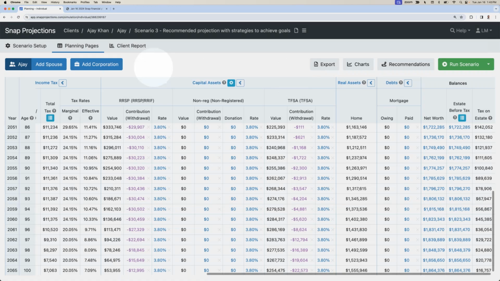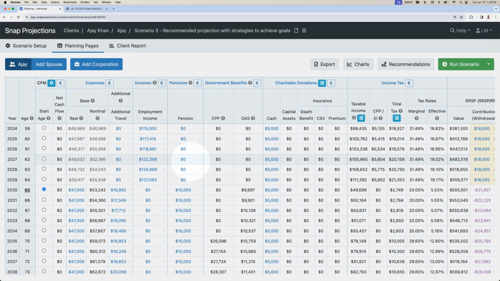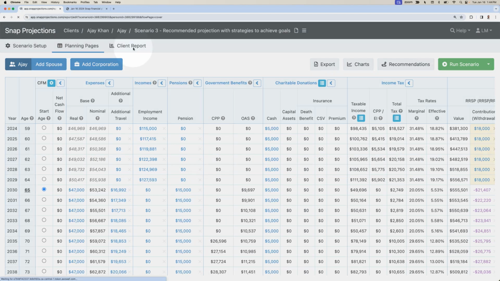So once again, summarizing what we've done so far, we created a base projection with very limited information just to get AJ on board and informed about what the process is going to involve. We had him complete the client questionnaire, providing us with the additional data that we needed. We created a second projection to demonstrate all of the known information and how that might track over time. And then we created a third scenario with alternate options and strategies to see which approach might be best for AJ.